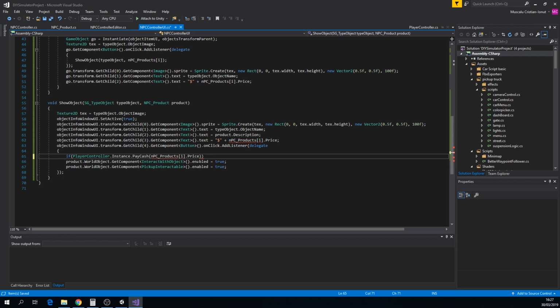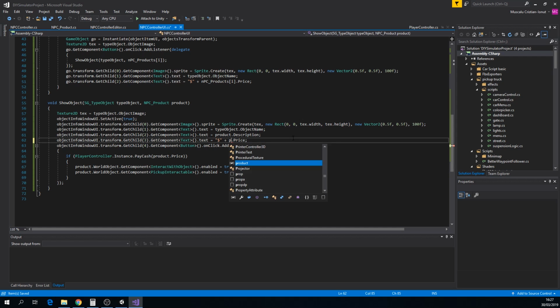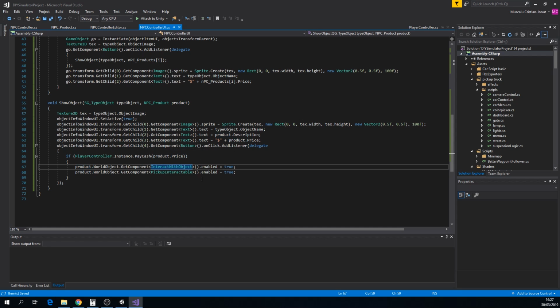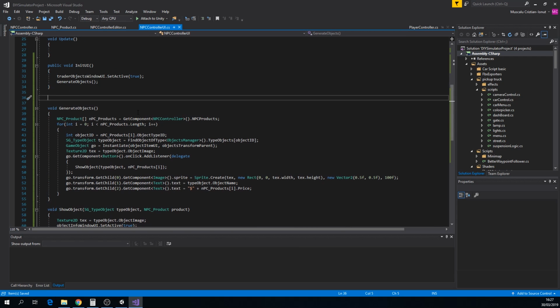so the same thing here. Product, sorry, product at price. So if I have money, yeah, same thing here, product. If I have money, then I can take the objects. It enables to interact with object and pick up interactable. But I need to add one more thing, void remove objects UI actually,